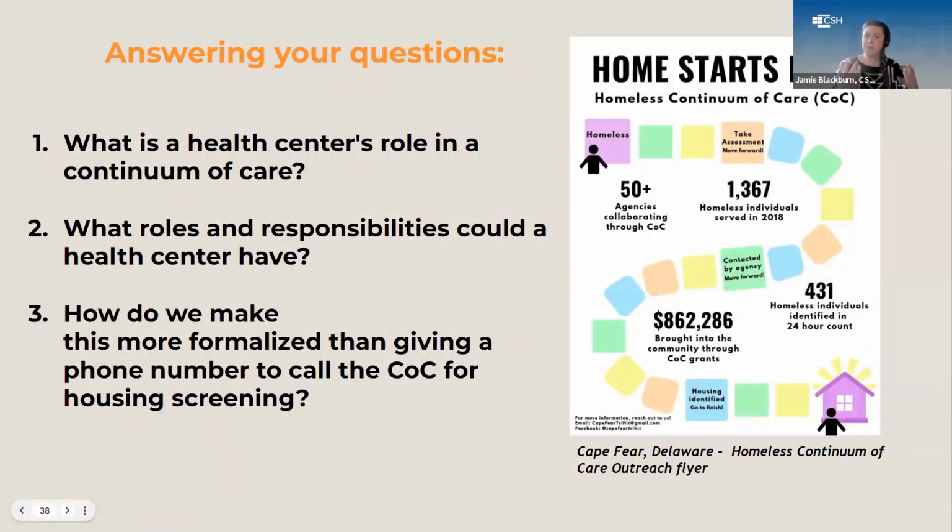So you start by joining, but if you really want to level up in how you're ensuring that your patients can really tap into the housing resources that are in your community, and your COC controls, I would say, a significant portion of your housing resources, but certainly not all of them. There's resources that come through public housing, which is outside of the continuum of care. And then, of course, there'll be other housing providers that maybe don't serve people directly experiencing homelessness, but are nonetheless affordable housing providers. They might already be at the table for your COC. Your COC is just an excellent way to start making those housing connections, but it's certainly not the be all end all. But the one way to really level up,